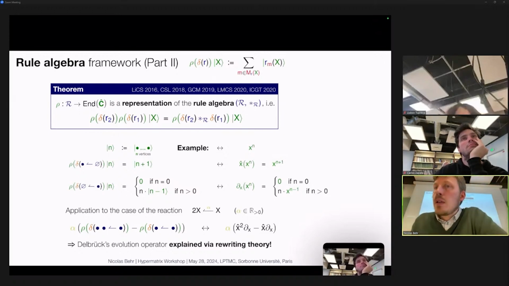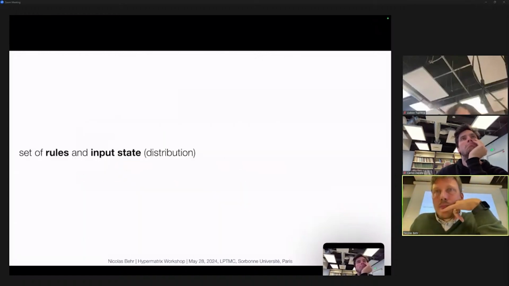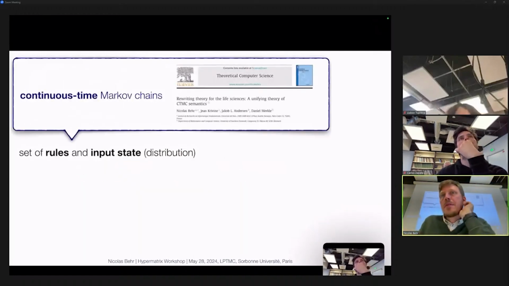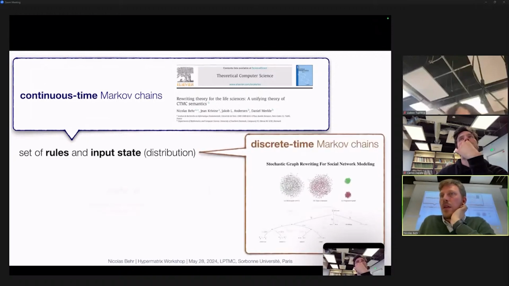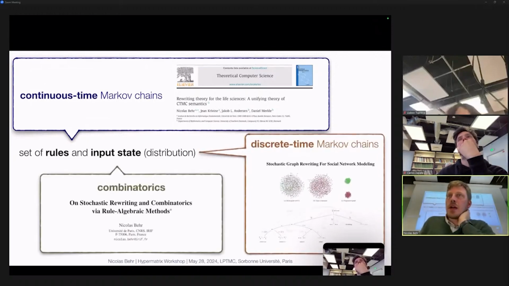And that, in my opinion, and I would even argue that this representation of the autocatalysis reaction, is a very clear insight. You take a vertex out, you put 2 in, that is exactly what's written here, right? And then we experimented with this a lot over the last 10 years in many different application scenarios. The most out there is something we call rewriting theory for the life sciences, where we show how to do Markov chains for biochemistry or organic chemistry and how to really encode these molecules.